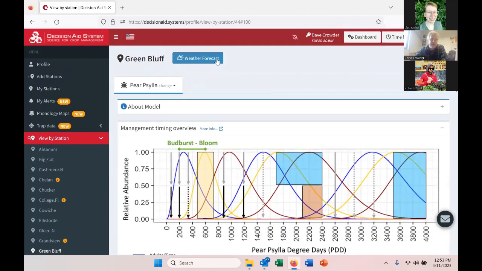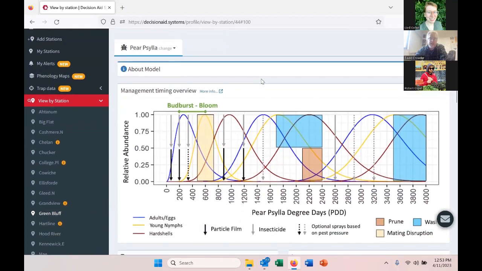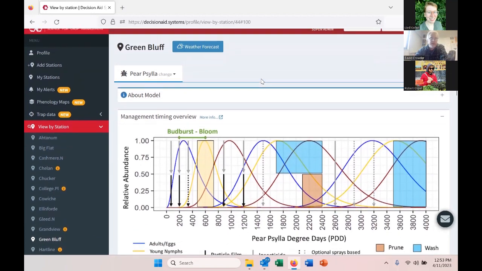And so this is just another way that we're trying to adapt DAS to give out more of the information that we have. Another example of that is just on the homepage, really, as Robert showed, where we showed the degree days for 7 different stations. But these are some of the tools that you can use to implement the Pear Psylla model within the decision aid system,